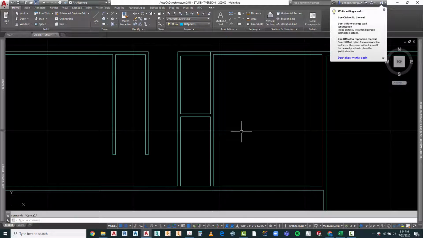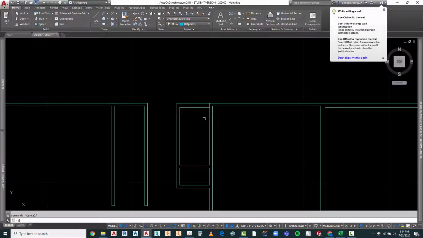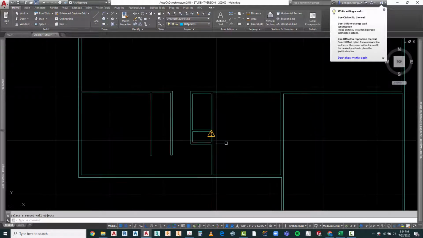The next dimension that it says, it's got 2'3 1/8" for this closet. I'm just going to round it off with 2 feet inside and a 4-inch stud wall on the outside. So I'm going to go ahead and pull this down, and instead of 2'3 1/8", I'm just going to do that as 2'4". That gives me 2 foot clear inside. I can fillet this right here,